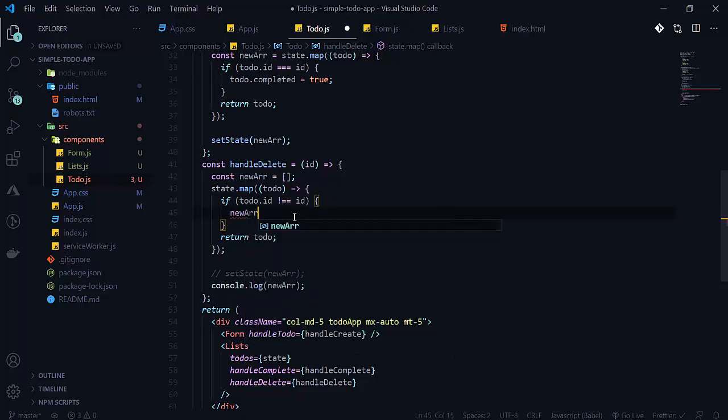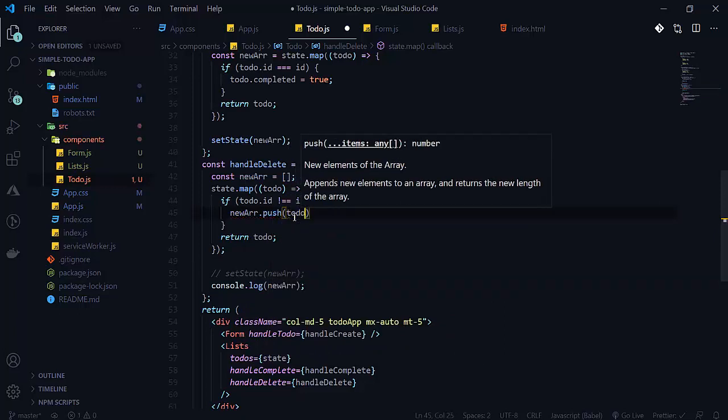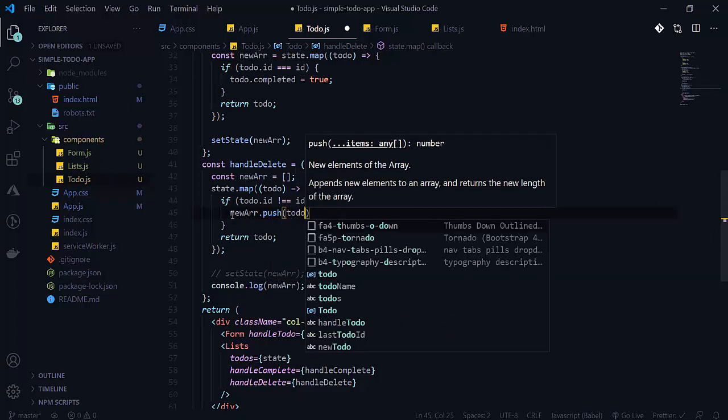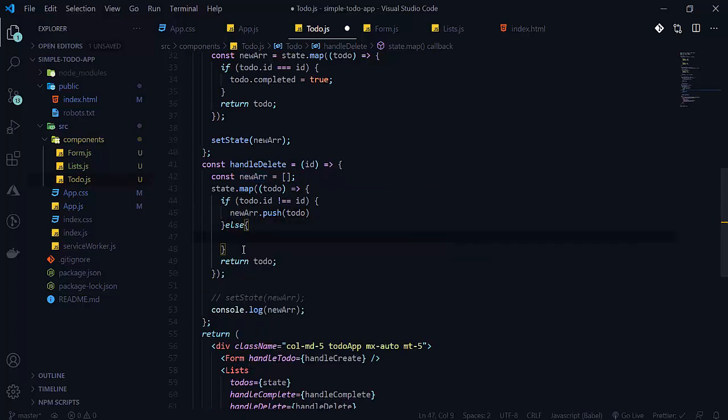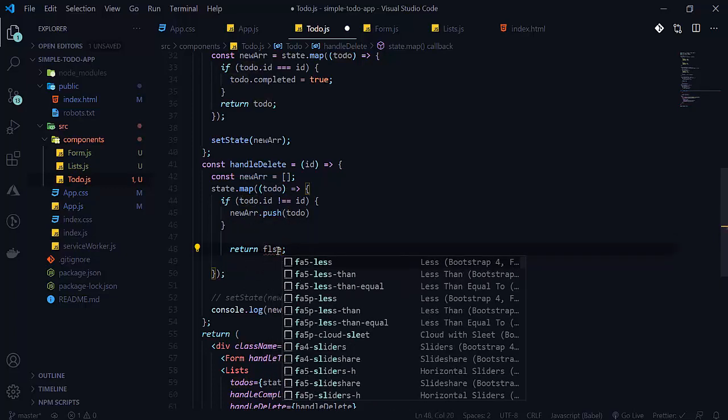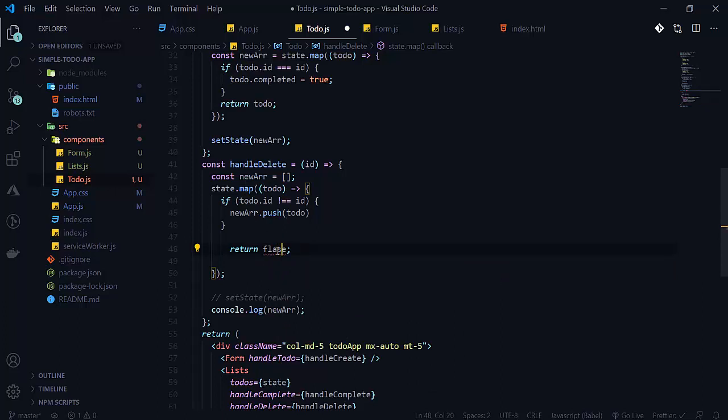Else if its id matched, then we will return false here. So here we will push our todo, otherwise we will return false here. So now let's see. Whenever we write here and click here, we are getting only one array.